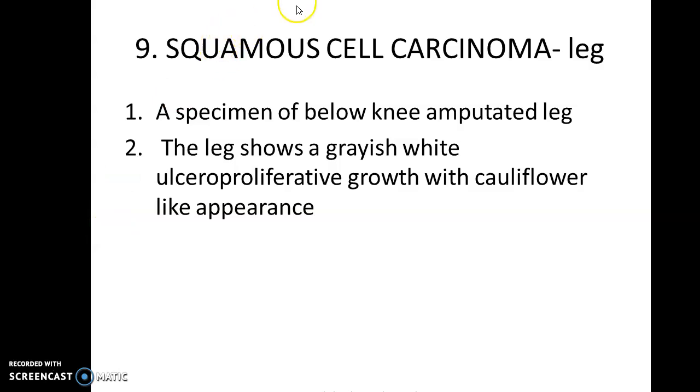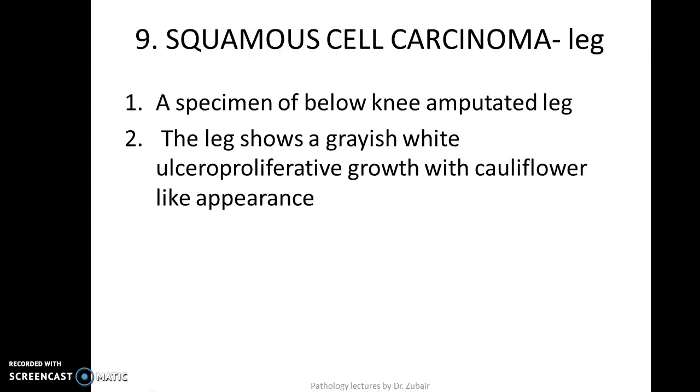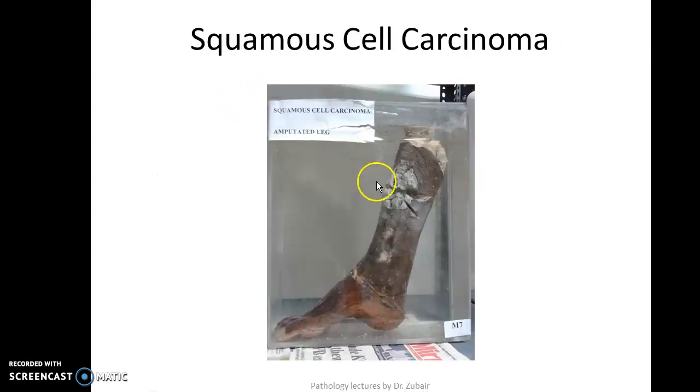So now we come to the next specimen, which is of a fungating tumor involving the leg. This is a specimen of fungating tumor involving the leg. Now, what are the clues when you look at the specimen? First you have to understand that this is an amputated specimen of leg. When does amputation happen? Amputation is done when a specimen is malignant, right? So that itself should give you a clue that this is a malignant tumor, and this is a fungating lesion,